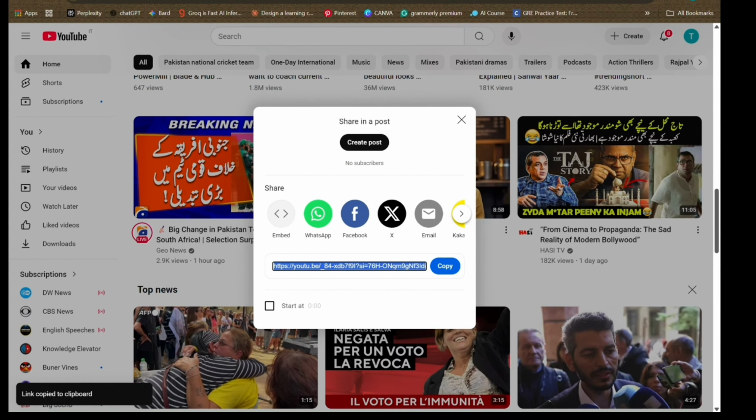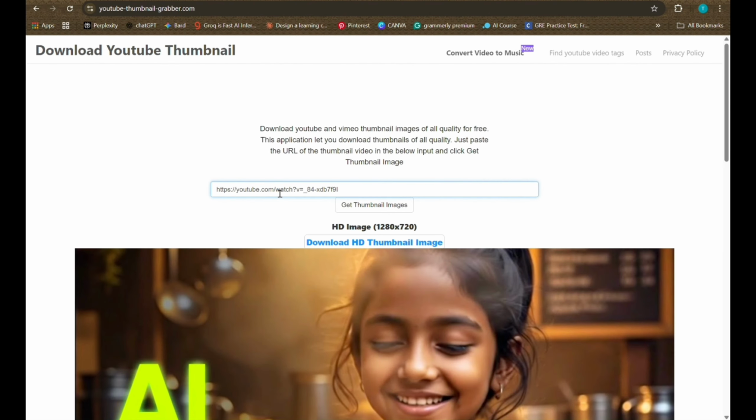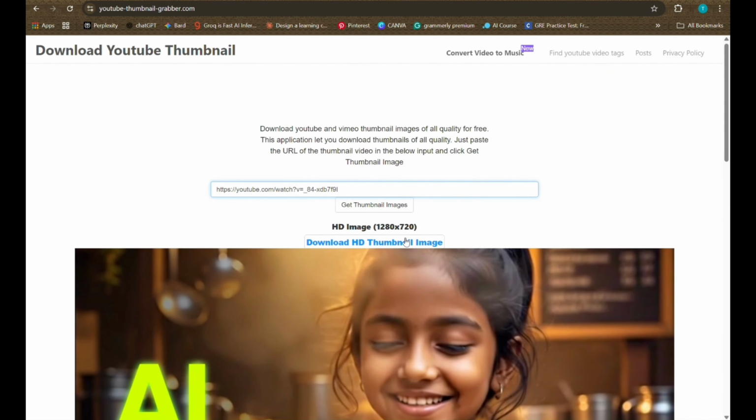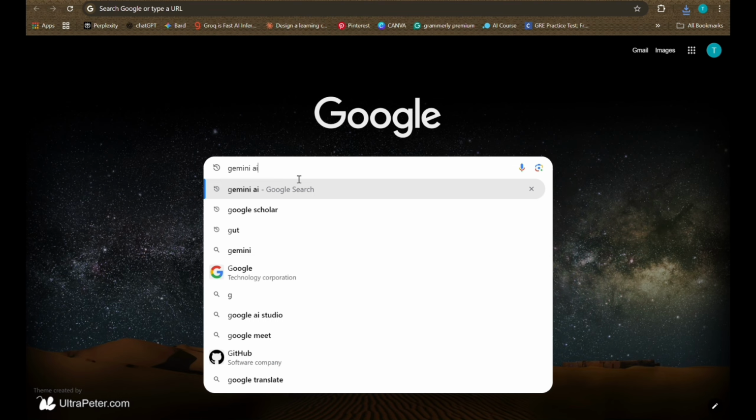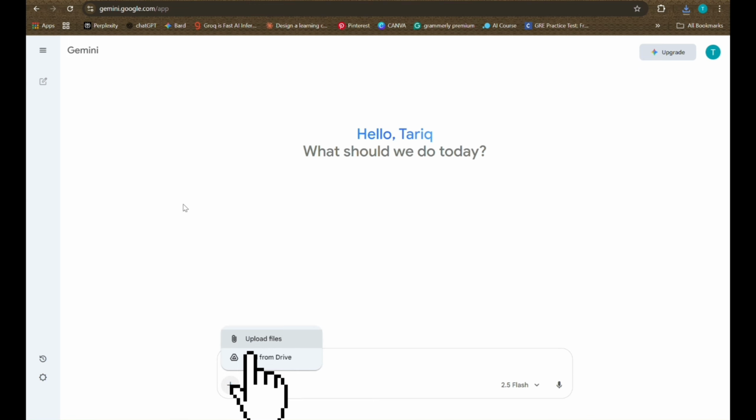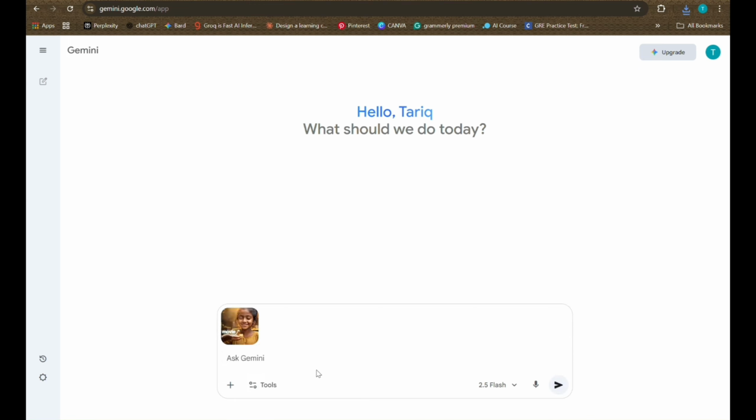and paste it in the thumbnail downloader that I opened already. So you can see there are multiple formats available over there. So I will download the HD one, and now in Google I will search Gemini, and I will upload the picture that I downloaded from YouTube. You can see the thumbnail that I downloaded from YouTube by using the thumbnail downloader, and you can see that is